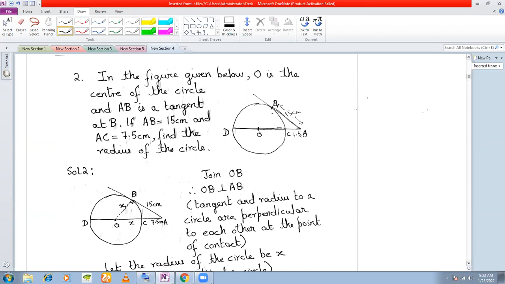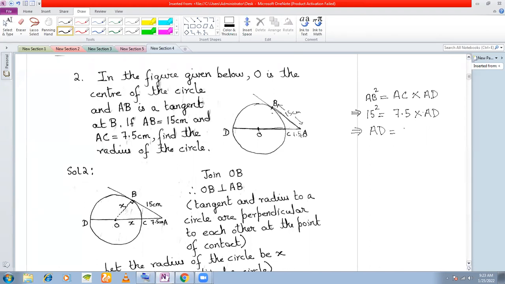So therefore, what can you write? The square of the length of the tangent, AB square, must be equal to the product of the segments of the chord, right? And what are the segments of the chord in this case? The segments are AC into AD, right? So now you put the values here. AB is given to be 15, AC is given to be 7.5, and AD you need to calculate, right? So that means AD here is